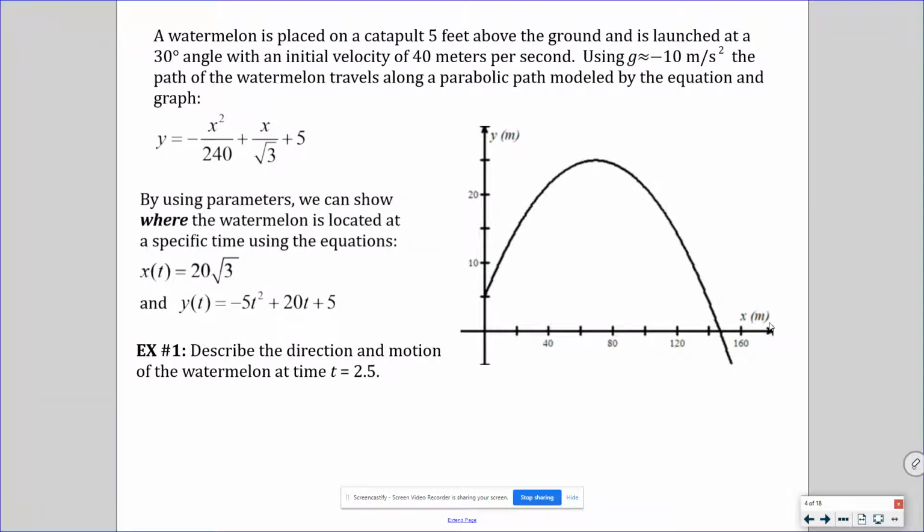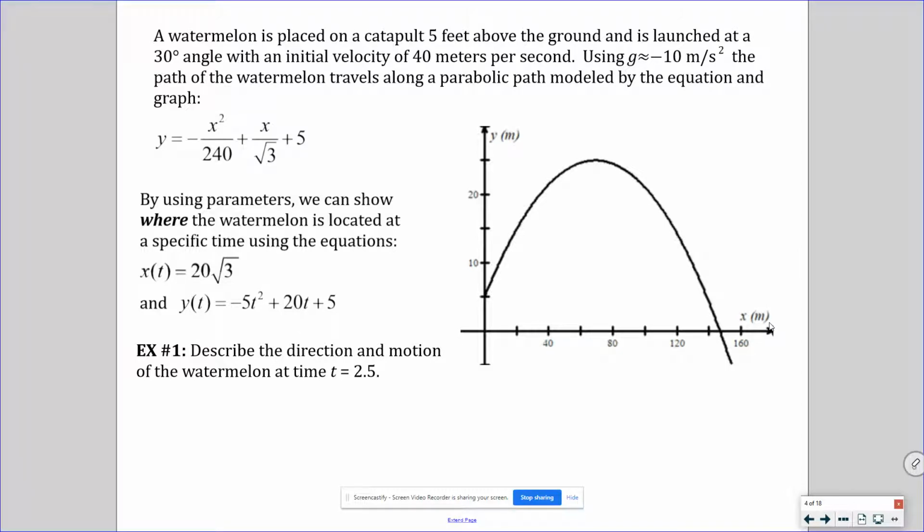So this parabola that you're looking at is the path of the watermelon. As it says in the question, the watermelon travels along the parabolic path modeled by the equation y equals negative x squared over 240 plus x over radical 3 plus 5. Okay, so it's a parabola, but the difference between what you're seeing and what we're going to do is the parabola is written as the equation y in terms of the variable x. Really what we want to do, though, is think of this as